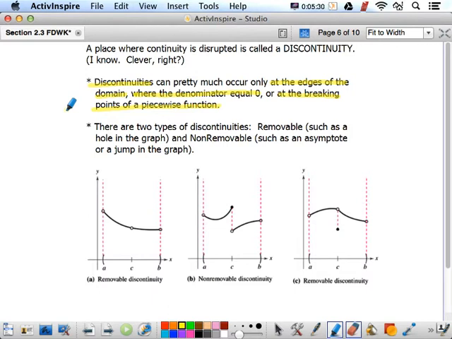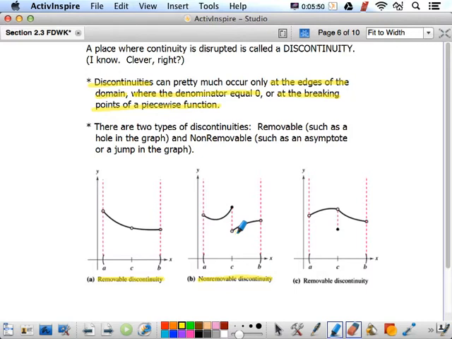So here's an example of a removable discontinuity. There's a hole here. I could remove it by simply putting a dot there. A single dot would fix it. That's called removable. There are two types of non-removable: jumps,